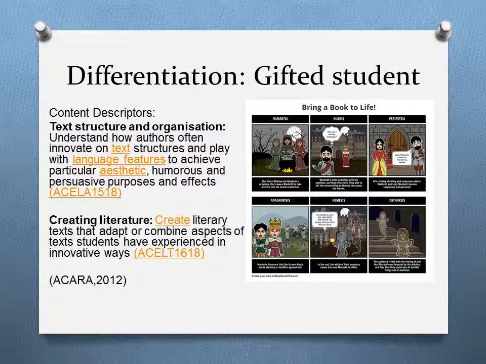There is one gifted student in Year 6 who is particularly interested in science and maths but shows very little interest in English. This student is at the required literacy rate for their age. To cater for the student's need, I have implemented 2 strategies for differentiation. Firstly, the content descriptor allows a student to use his personal preferences and interests to create a narrative of their choice. Secondly, the use of the resource Storyboard That will allow the student to become interested in English as they can see it can become useful in their everyday life.